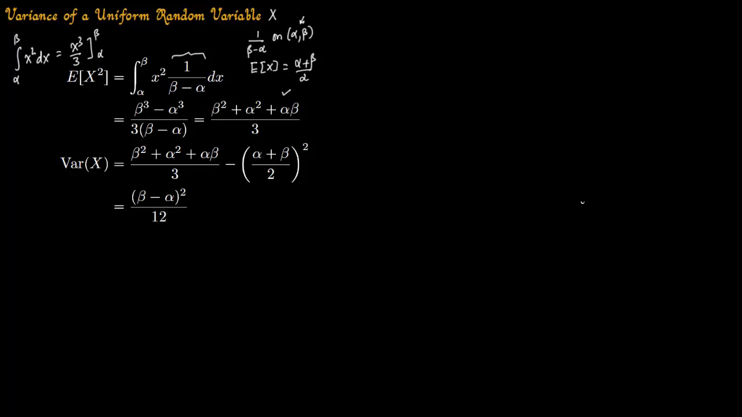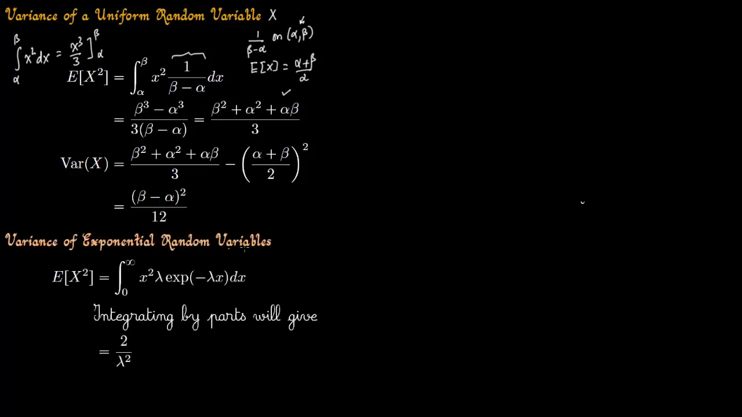Now we compute variance of an exponential random variable x. So again, this exponential random variable x is defined on the interval from 0 to infinity. So that's why you have 0 to infinity, expectation of x square times the probability density function. You integrate by parts, you get 2 by lambda square, and then you write down the formula for variance of x, which is nothing but expectation of x square minus